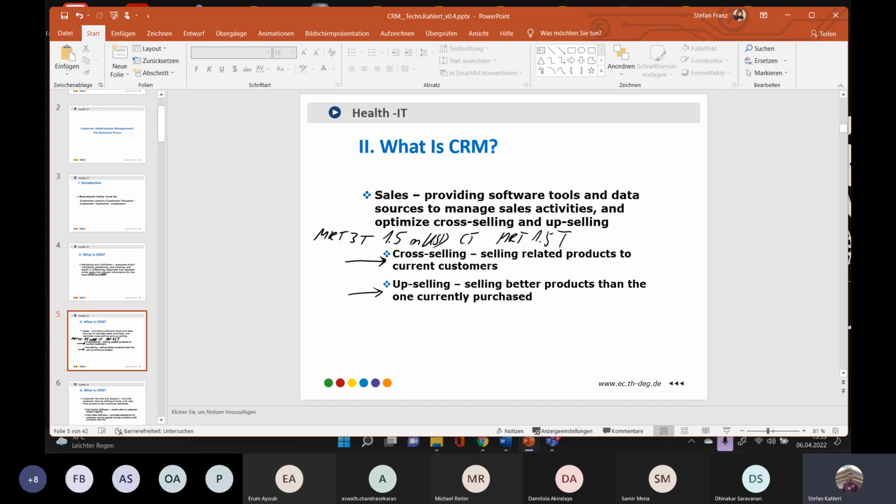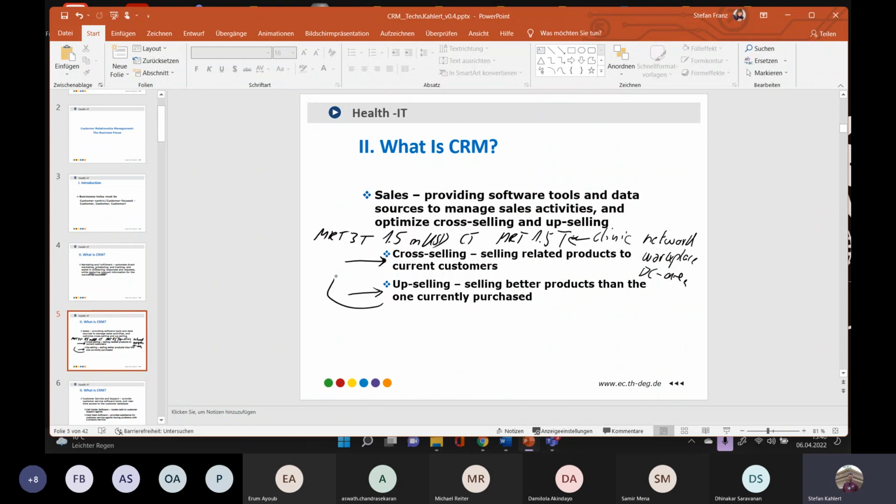Cross-selling is selling related products to the same client, for instance, in this case, a certain clinic. But this can be anything. Cross-selling in IT is also if you sell something into the network area, and now you reach out to workplace services, or you have projects in the data center area. This is then cross-selling. And upselling is